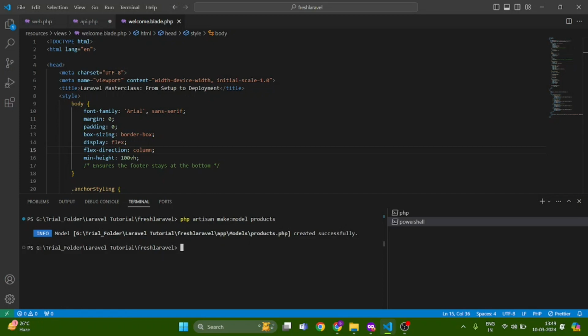Okay, the model has been created. Products.php has been created. Nice. And now I will be running php artisan make:migration, and the migration name would be